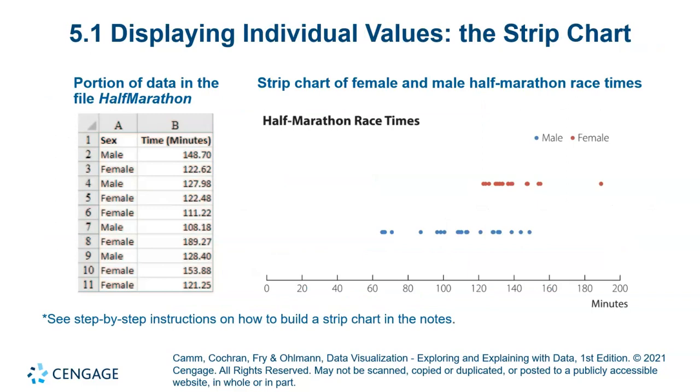And this one you can have displaying individual values, the strip chart. This strip chart is a bit different, with different kinds of dots you can see over here for the distribution with respect to the male and female data, and you can see